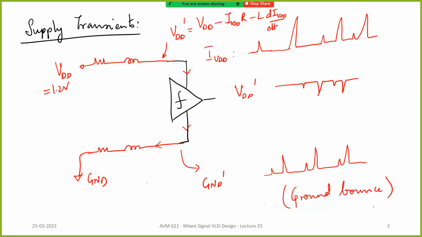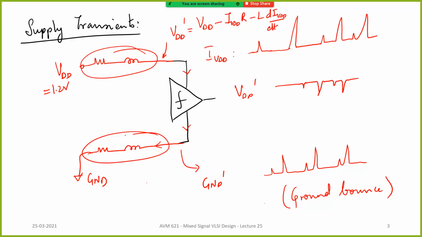Okay, so once you do a layout, usually where will you get these things? In schematic you will not see anything. In schematic, when you put a direct DC voltage source directly connected to your supply, you will see a clear 1.2 volt, because an ideal voltage source can supply any amount of current.